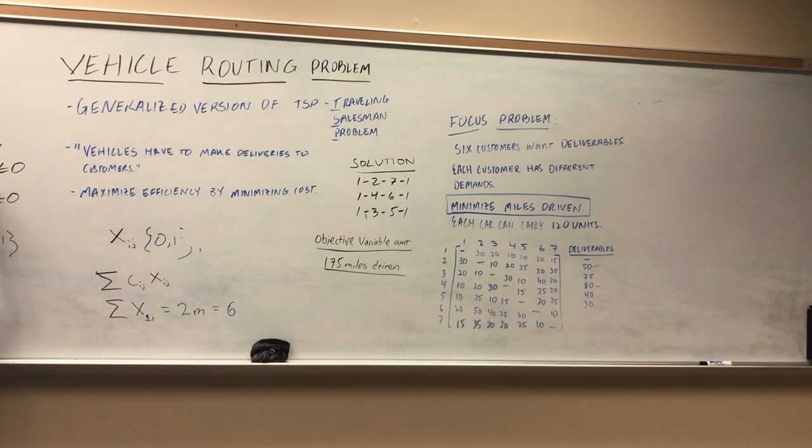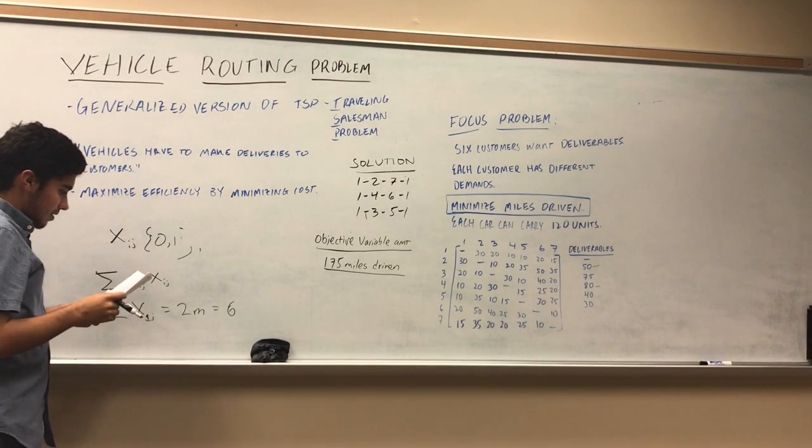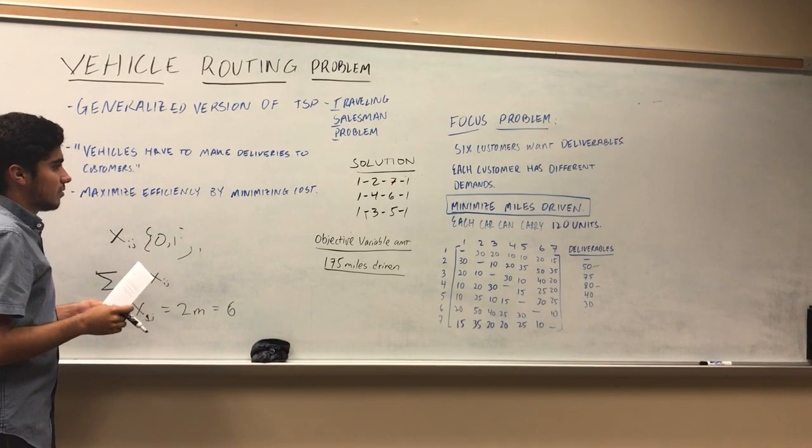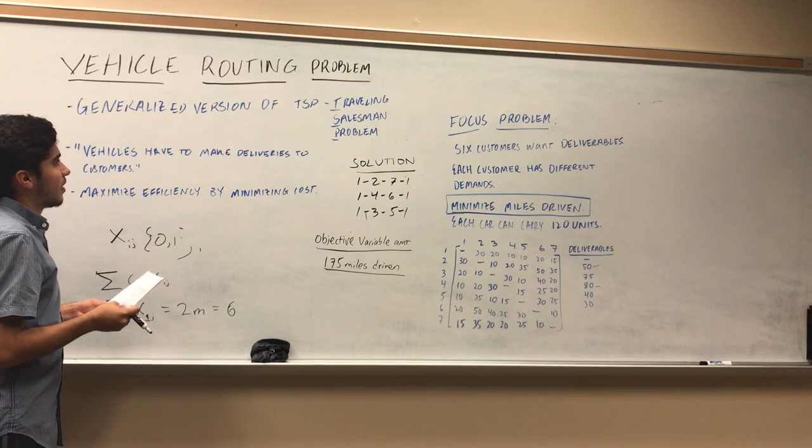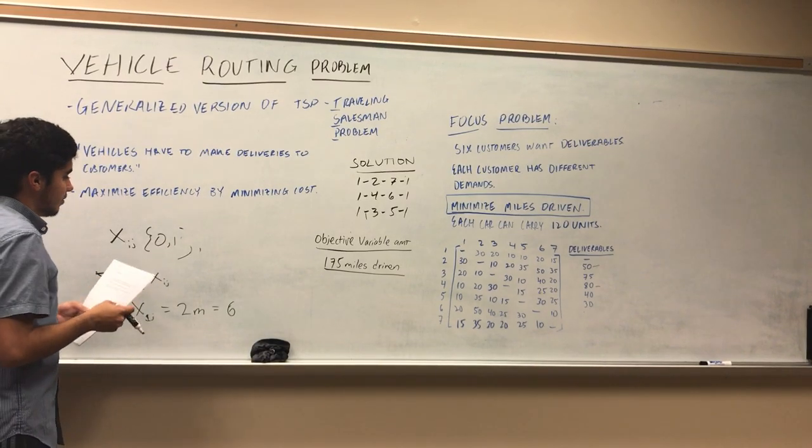So this right here is not a subtour constraint because this is a basic tour constraint because you need your cars to come back to the supply chain. And similar vehicle routing problems are used in